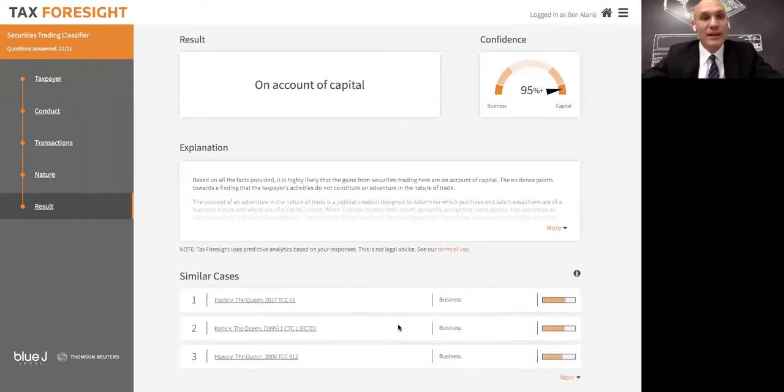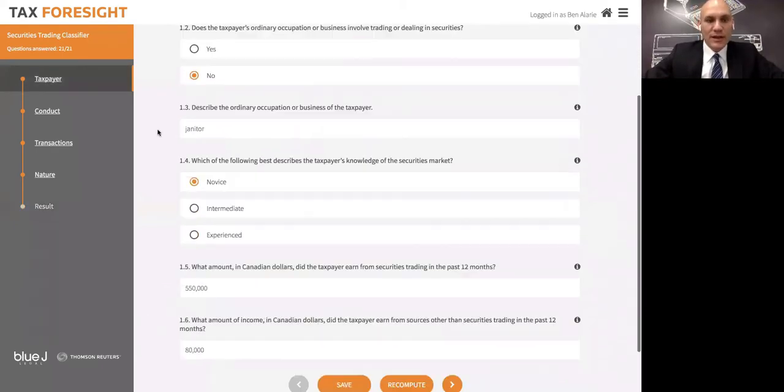Wow, dramatically different. So if you change the facts, it's going to lead to a very, very different result. And so what you see here is the sensitivity to the context. If someone is a finance professional, very, very experienced in doing this, the idea that we should treat them more like a business that is engaged in buying and selling securities seems to be very compelling for the courts. If we change the context in which someone is working, we make them a janitor, it changes the result really quite a bit. So very cool to be able to stress test this.